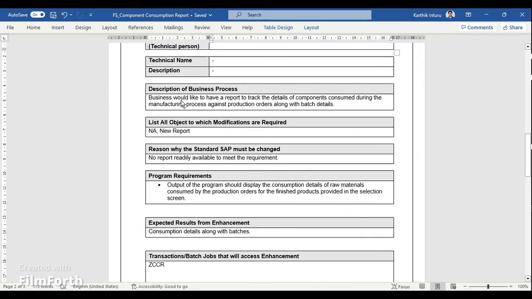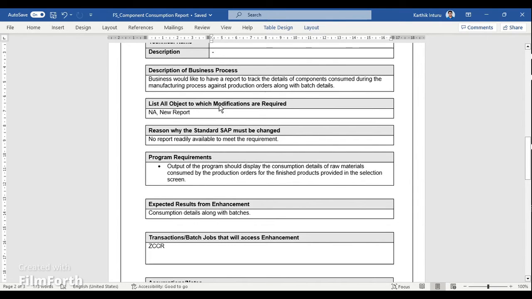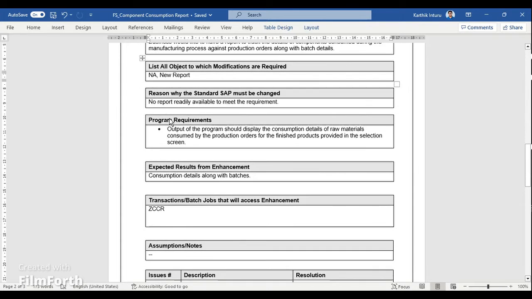And then you'll have the description of the business process, like what is the reason you would like to create this report and what is the purpose of this report. And then you're going to list down all the objects which are going to be affected by this particular report. Since it is a new report, we don't have anything that would take an impact. And you can also mention the reason why the standard SAP must be changed. Why? Because we do not have a readily available report in order to meet the conditions or the requirements provided